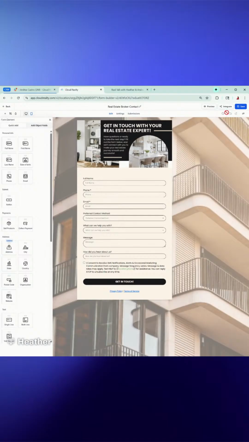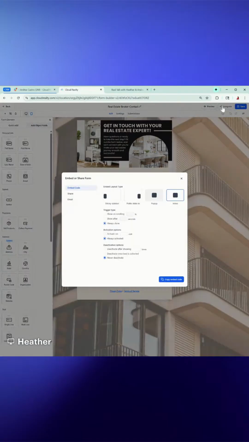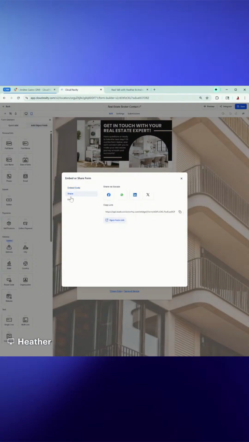Now, the super cool thing is that when this is done and you set it up to your specific brand, you can come over here and hit integrate, and then you can either do an embedded code where you can put it in a web page. You can do share where you share it on social media. You can email it. But what I also like to do is copy this link